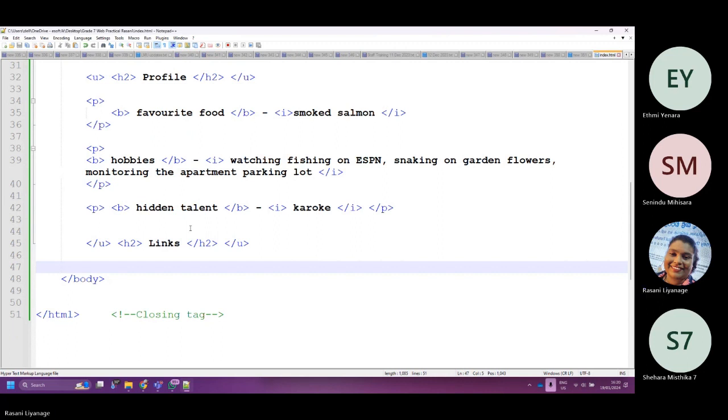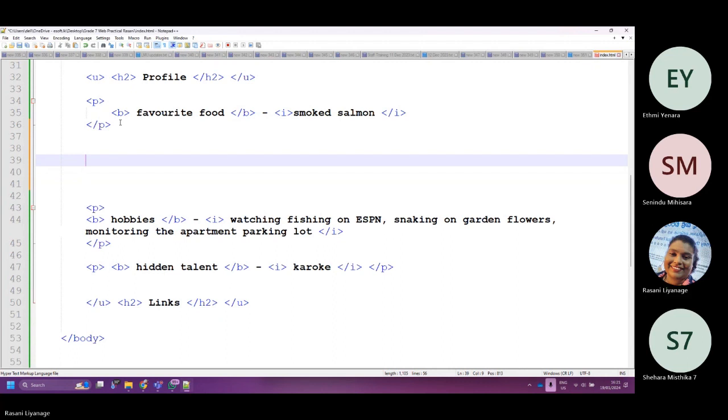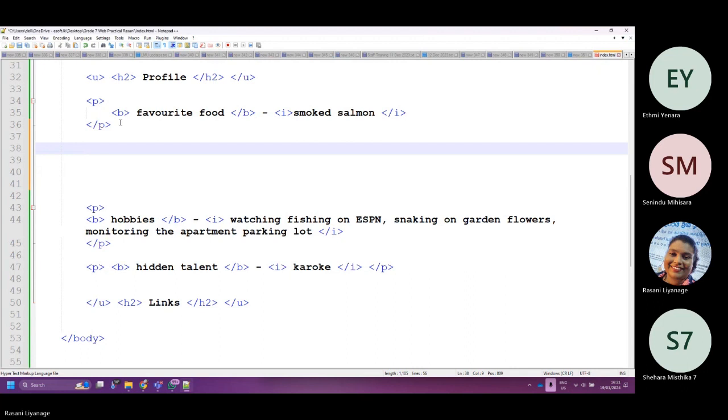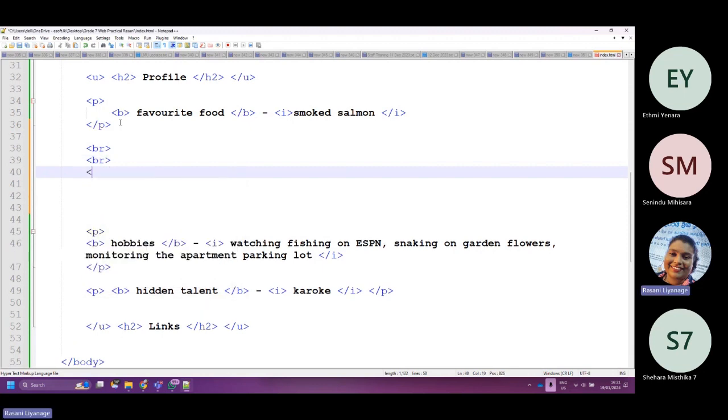What can I do? Come after the favorite food paragraph. Say BR. BR is for line break. If you need more spaces, you can have more BRs.